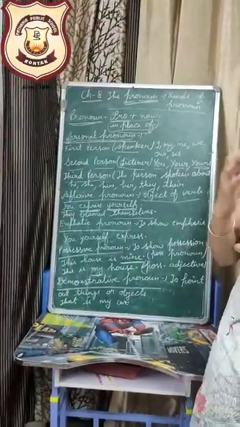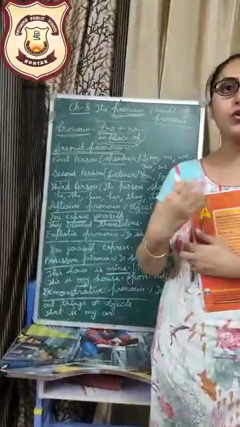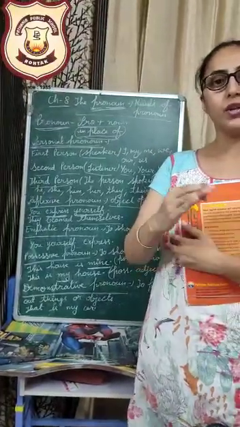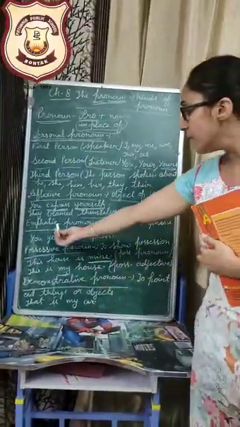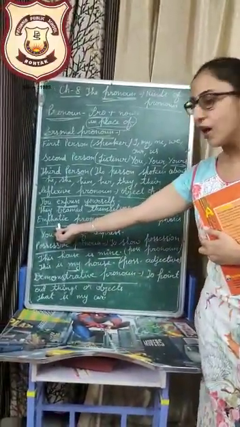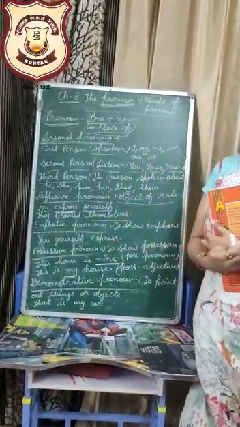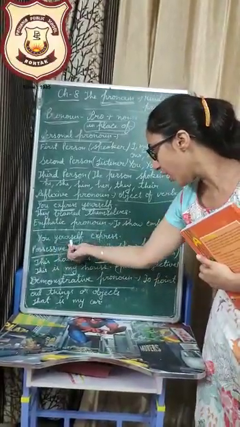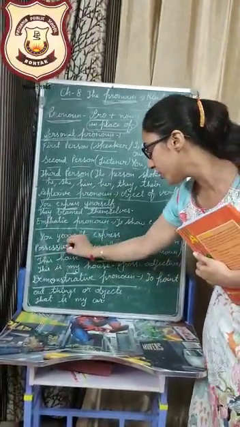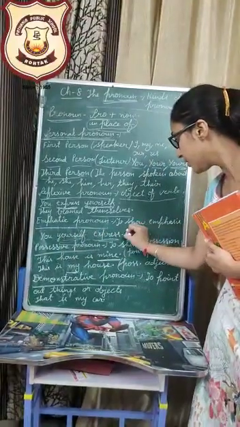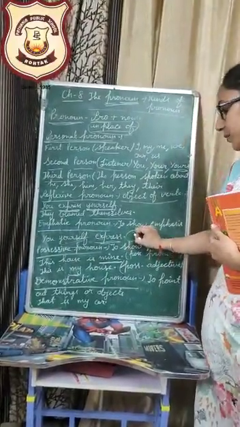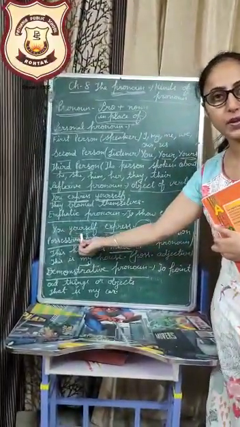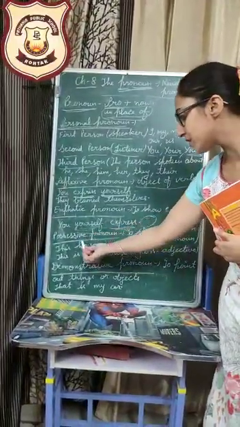For example, I myself do my work. Now I want to say कि मैं अपना काम खुद ही करती हूँ. After I, after subject, when we use this pronoun, then it becomes an emphatic pronoun. When we want to show the emphasis on the personal pronoun, then it is an emphatic pronoun. So after subject, it comes this. Now it is an emphatic pronoun. If we use yourself after verb, then it is a reflexive pronoun. If we are using it after subject, now it is an emphatic pronoun. Clear? Now move to the next type.